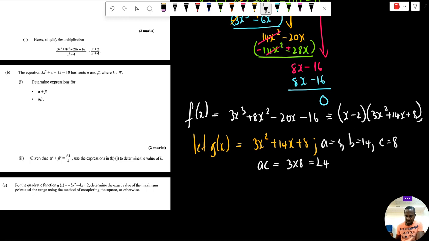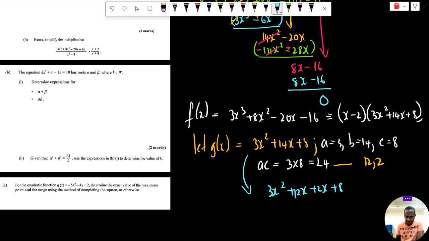In this particular case, we ask ourselves, what factors of 24 also add to give 14? And what are those two factors? Those factors are 12 and 2. So 12 times 2 is equal to 24, and 12 plus 2 is equal to 14. And therefore, having found those factors, we can continue by saying that this is equal to 3x squared plus 12x